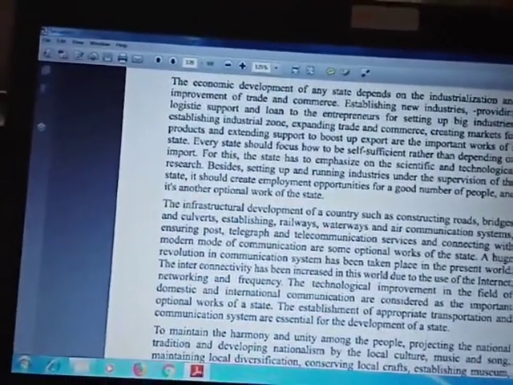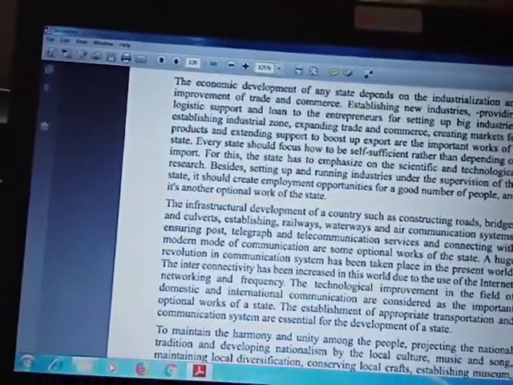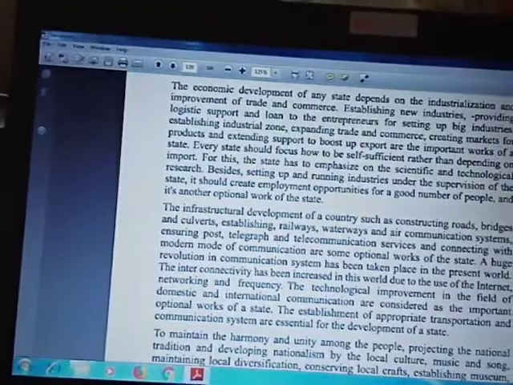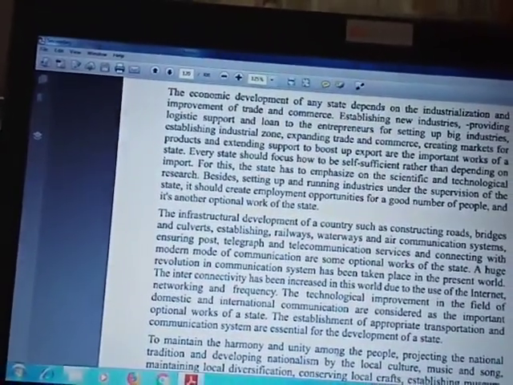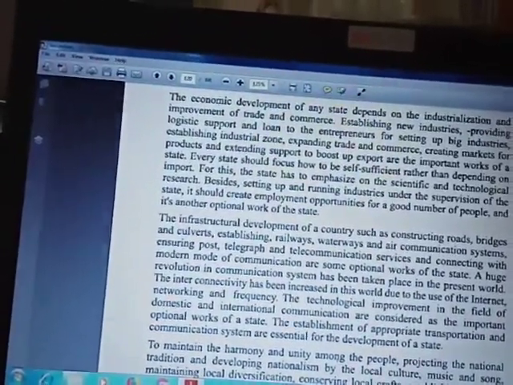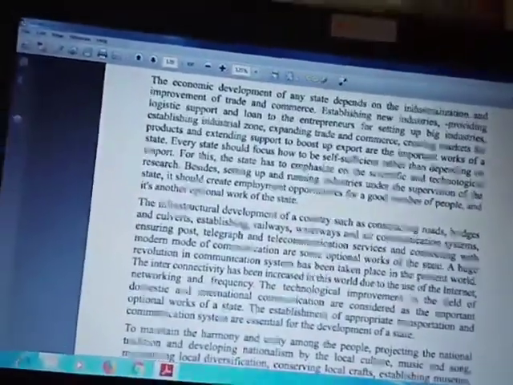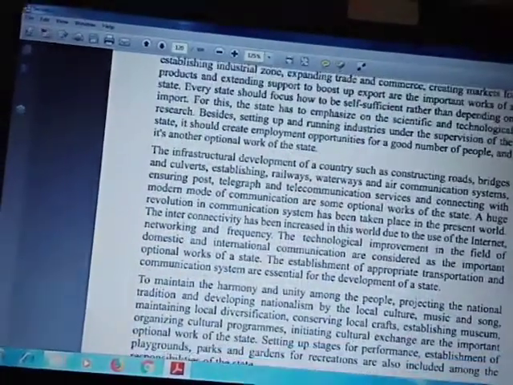For this, the state has to emphasize scientific and technological research, and setting up and running industries under the supervision of the state. It should create employment opportunities for a good number of people. It's another optional work of the state. The infrastructural development of a state, such as